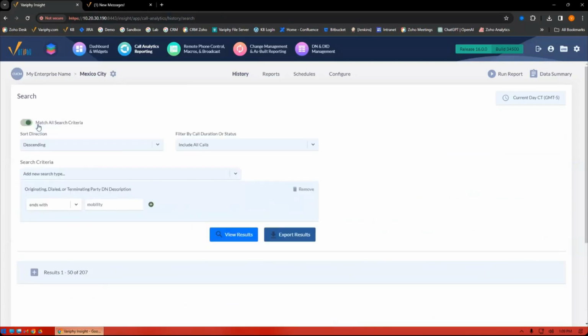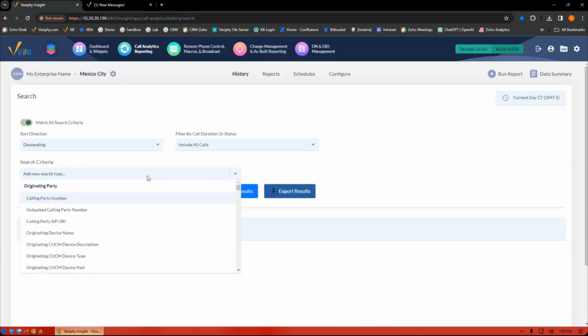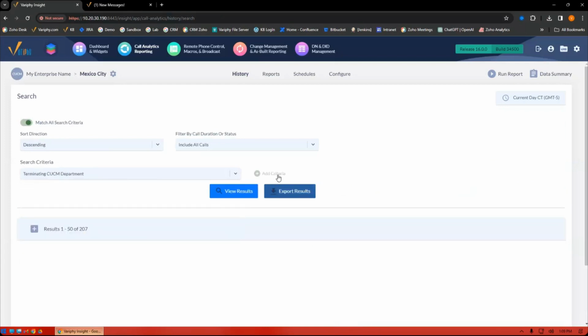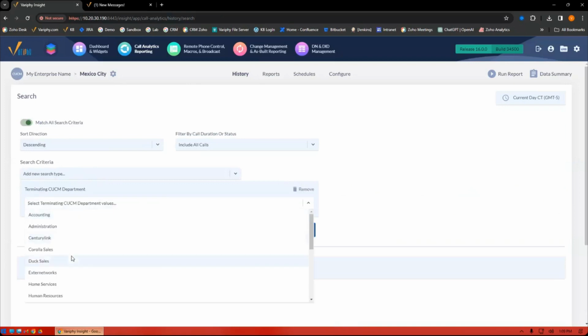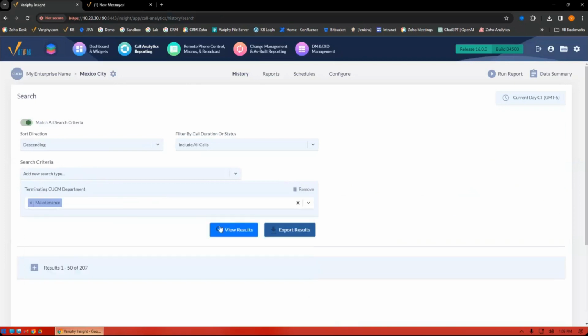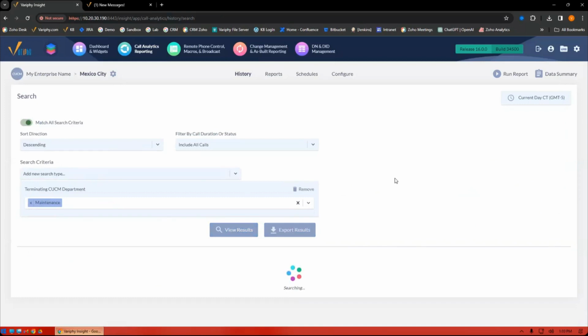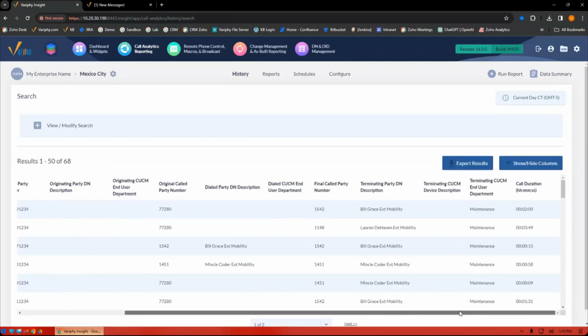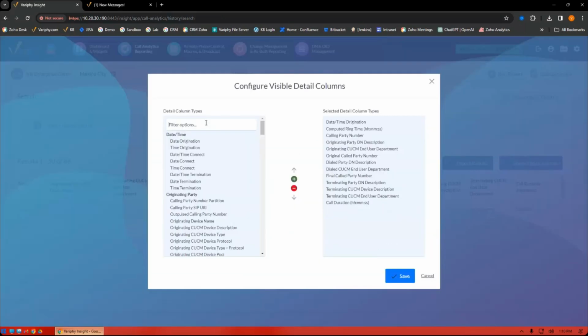The other part of what we did as far as DN descriptions, besides just giving you the ability to report those from a detail perspective, you're also going to be able to report those from a summary perspective. I'm going to pick on a department here, and I'm just going to use my maintenance department. We'll run just a very quick report. In my maintenance department, I've got several people. They have first names, last names. They have departments associated to them,